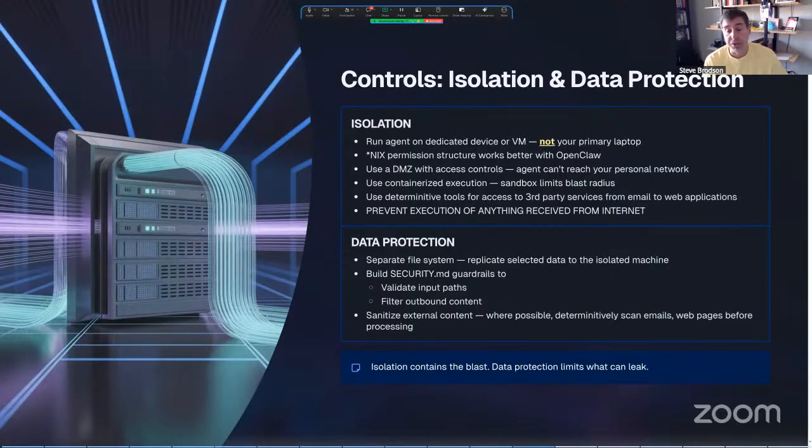Now, there's a lot of tools out there that'll do the replication. I use a cloud tool called Nextcloud that is privately hosted, but there's an awful lot of ways that you can do that. It makes me intentionally select the data that I want OpenClaw to process. I'll copy data into there, and it gives me also a way to interact.